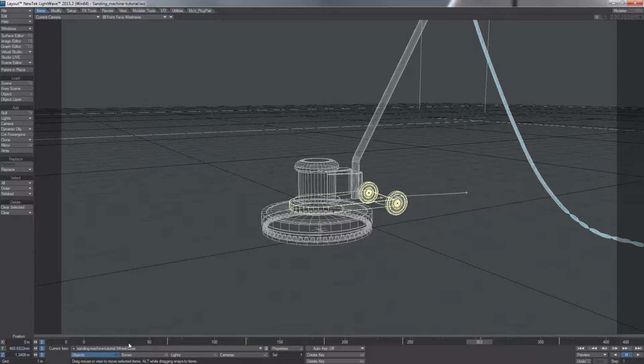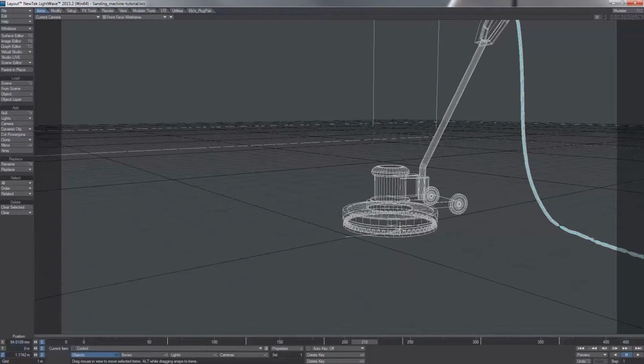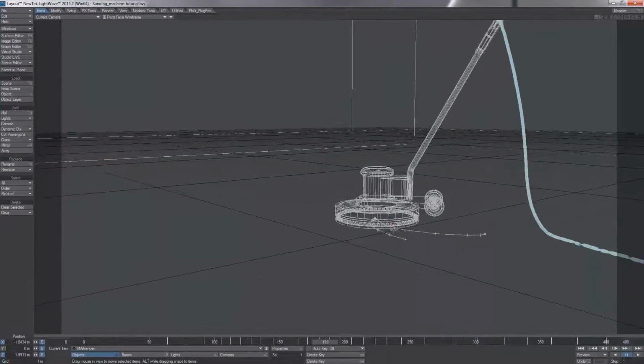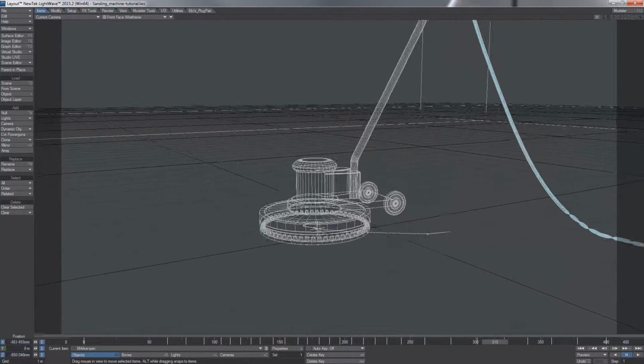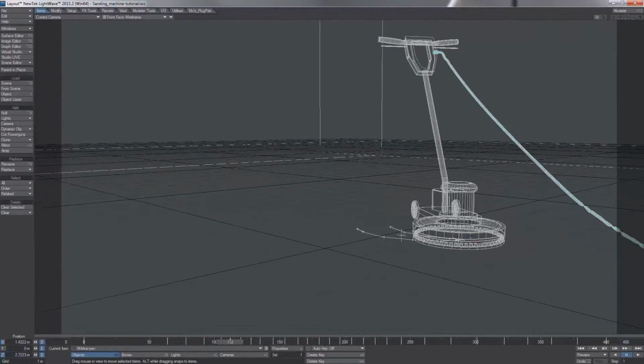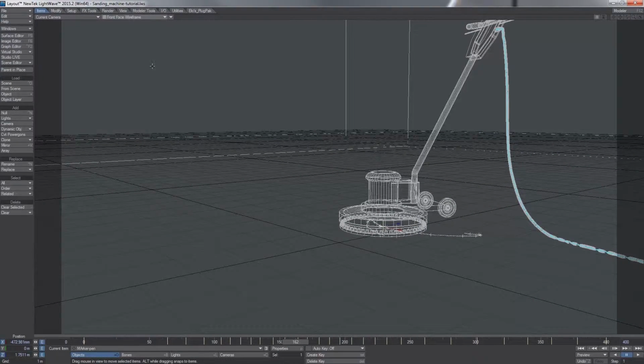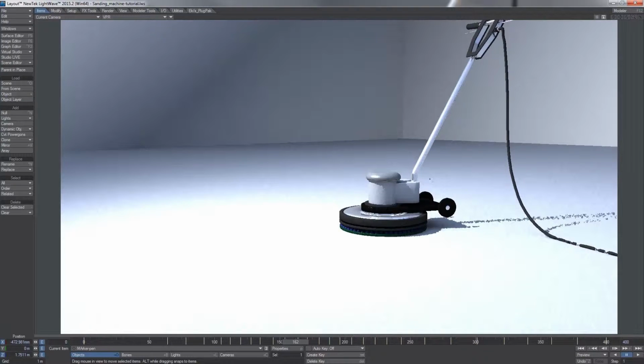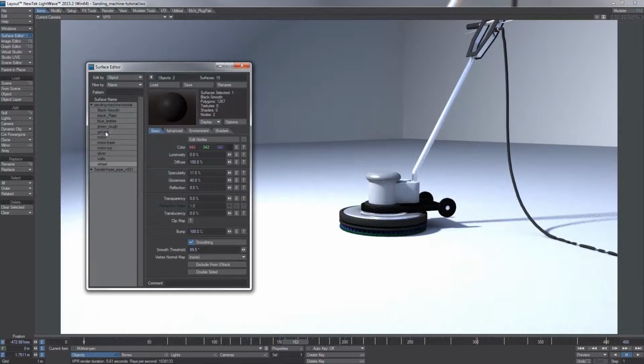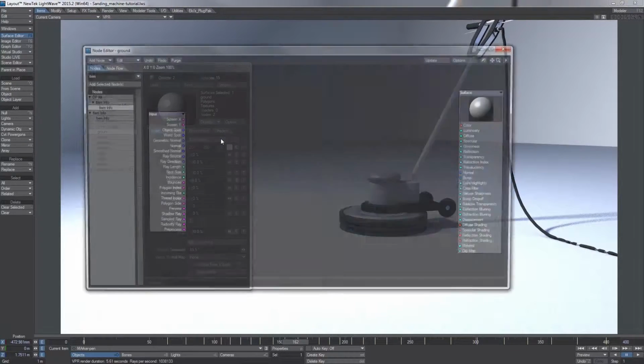So we need to set up a few things first. The first thing we need to do is add a null, and as you can see, the null is now sitting underneath the sanding disk, and that's what we're going to use as a reference for our Markerpen. So if we go to our VPR preview mode, we can see our scene, and we're going to press F5 to bring up our surface editor, and then go into our ground texture, go into the node editor, and